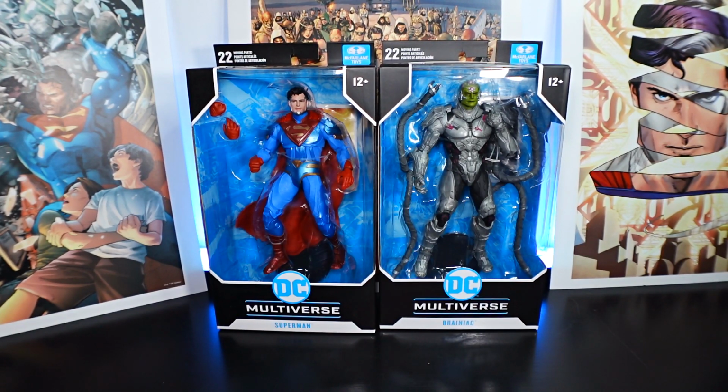Superman and Brainiac from the Injustice 2 wave. I'll be talking about the figures themselves in terms of the articulation, sculpture, and paint, and if it's worth your